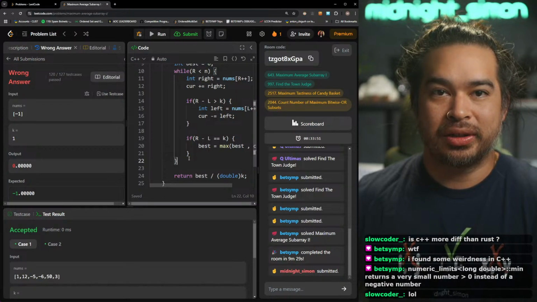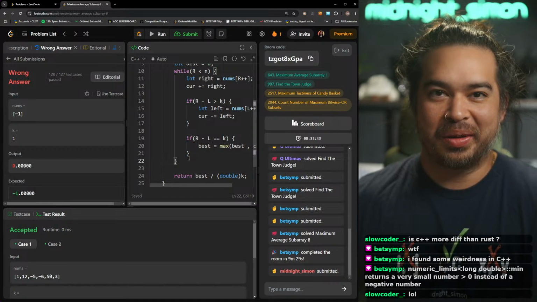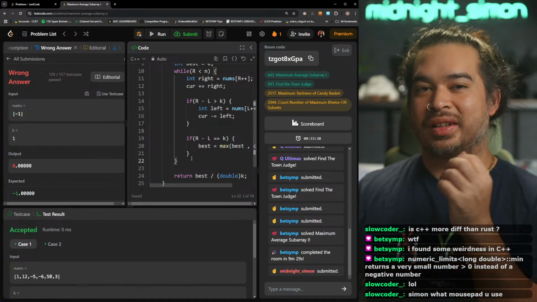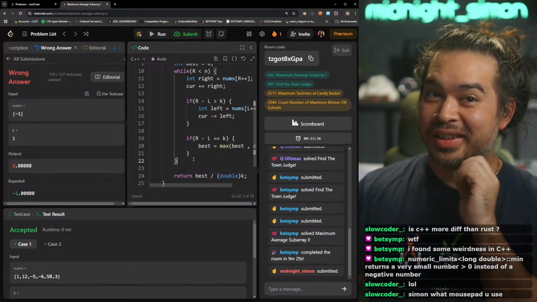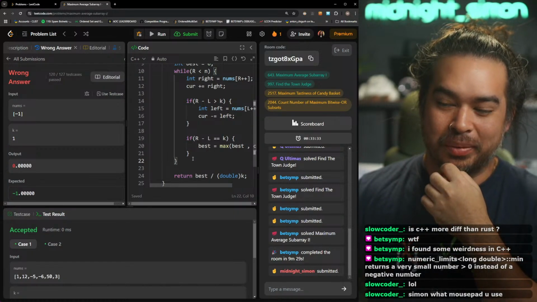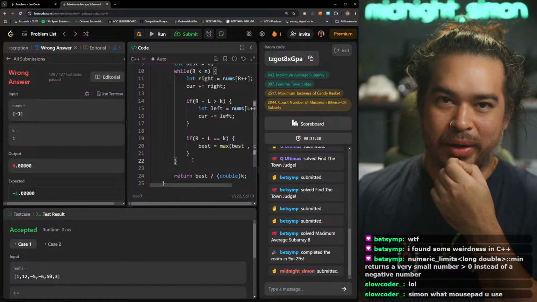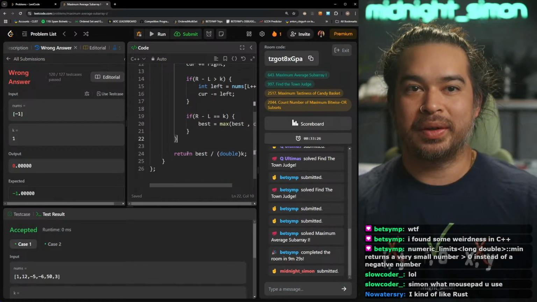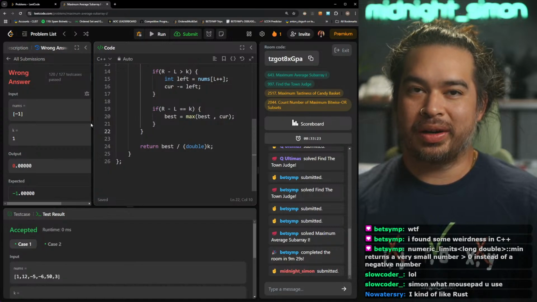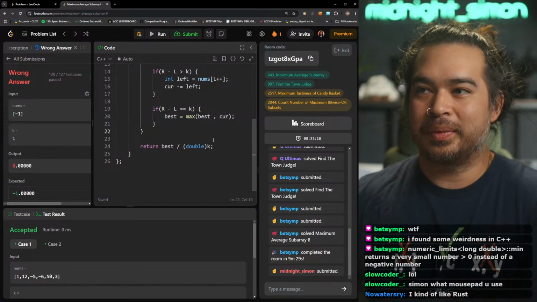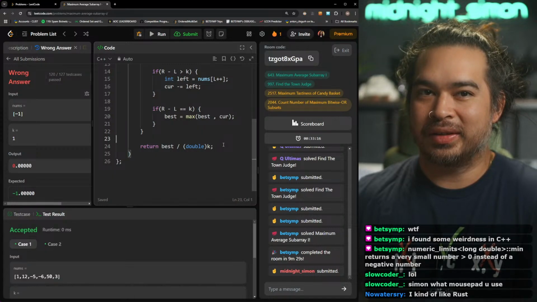Numeric limits long double min returns a very small number instead of a negative number. Wait. I don't know. Long double min. Like, what's a very small number? What do you mean? Like 1 or like 0.000000001, or something similar?